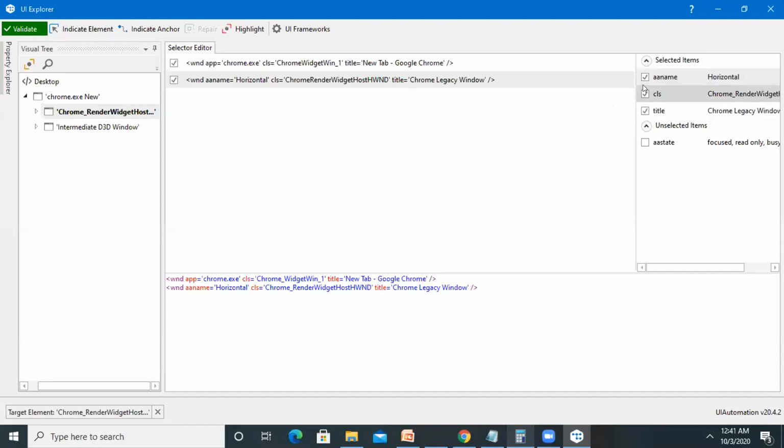So if you are selecting an ID, please note to uncheck that and select only classes and change according to your requirement. If you want to add any wildcards based on your requirement, you can add the wildcard in the class only, not with that. Hope you got it. Yeah, thanks, Deepak.